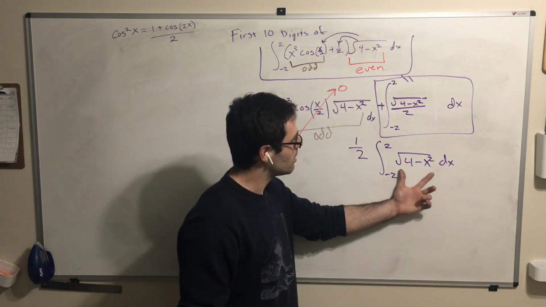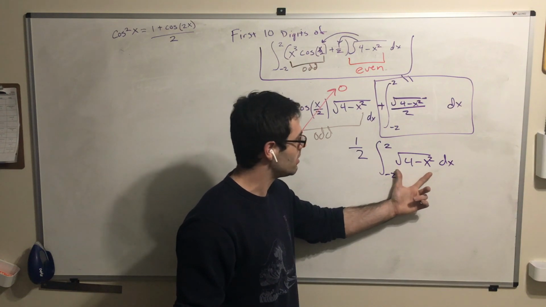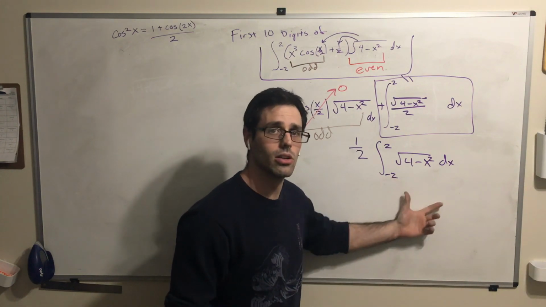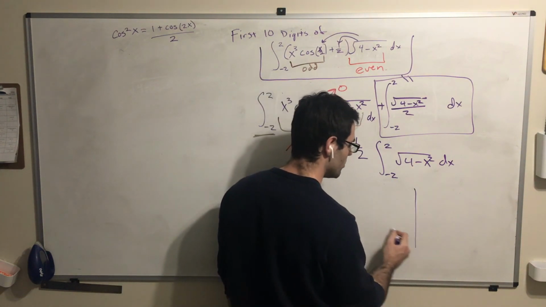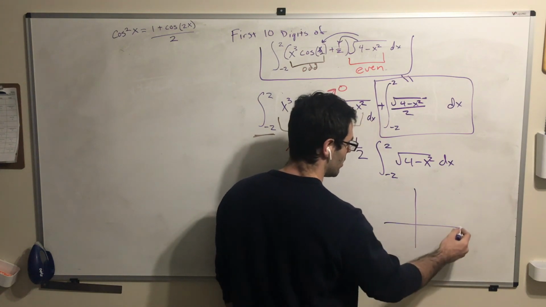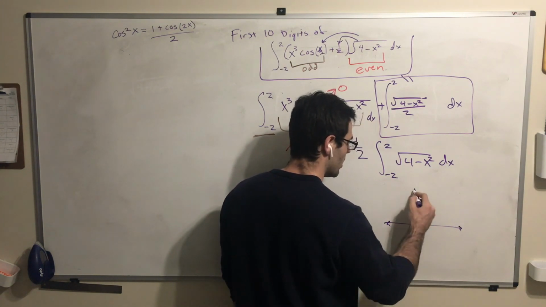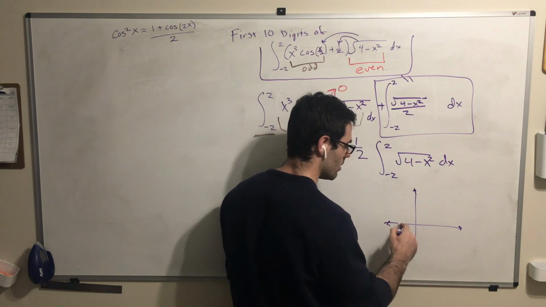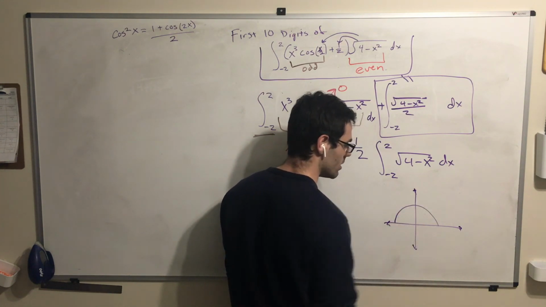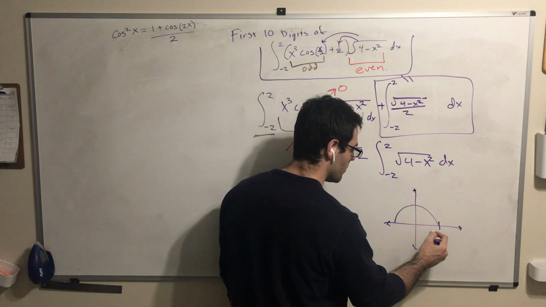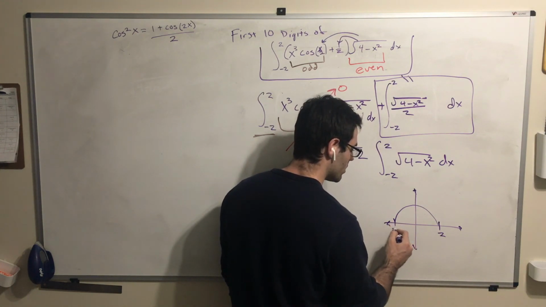Now remember, the Riemann integral tells us the area under the curve here, and what we can do is look at this function and have a nice intuition. This is a function where the radius is 2,